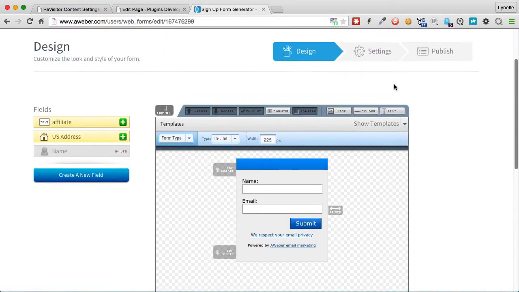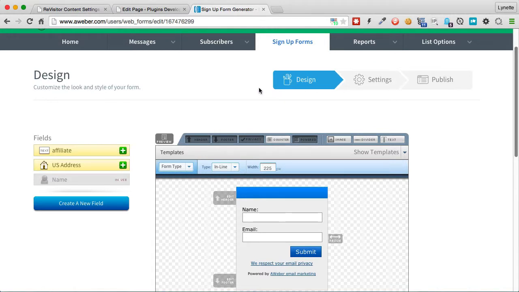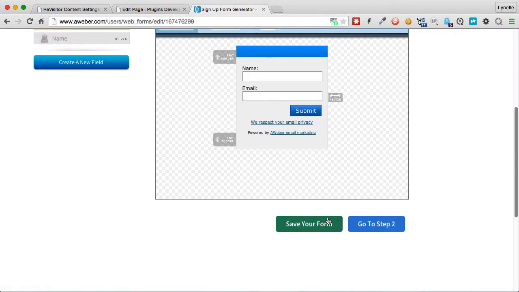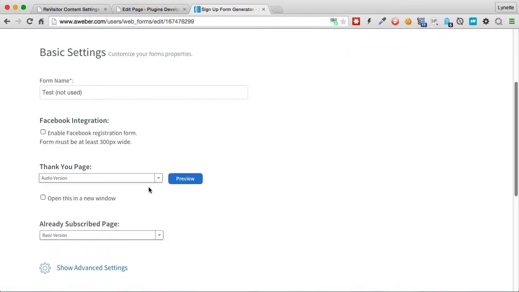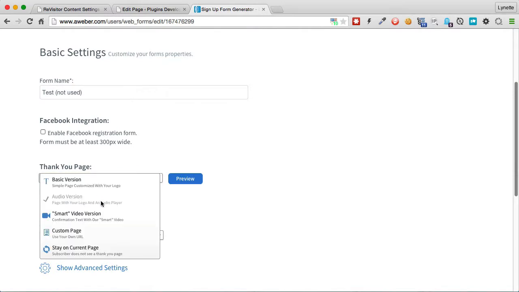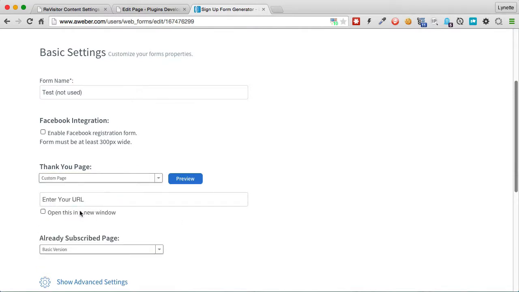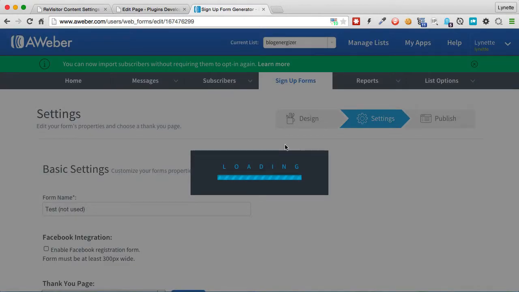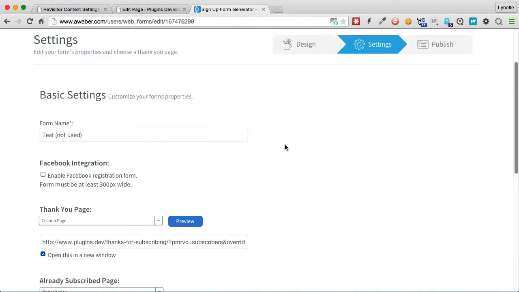And next step here will depend on what opt-in system that you're using. We're using Aweber here. So what I would do is in my form, I would go to the next step here, and where it says thank you page, I would say custom page and enter URL. That's the URL that I will enter, and I will save that form. So now when they finish subscribing to the newsletter and they get to the thank you page, they will automatically